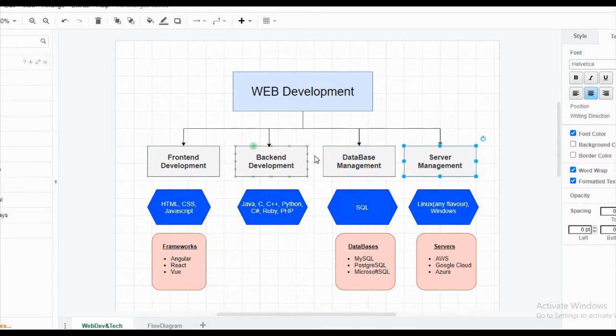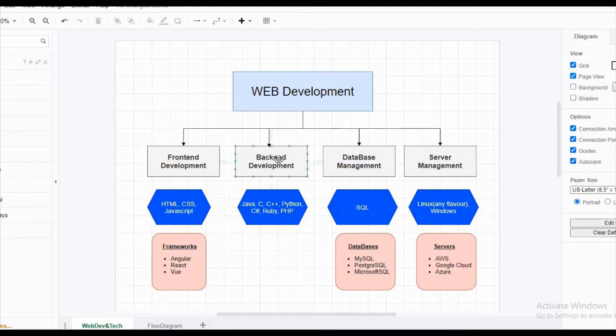Okay, so in all the 4 fields you can get the jobs. There is no problem in getting the jobs in all 4 different fields of web development. In front-end development and back-end development, if we combine together, it will become like full stack. So full stack guys should know, I think, all the aspects for developing the website.